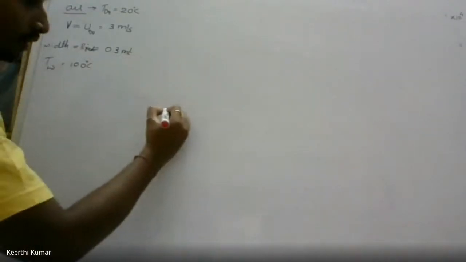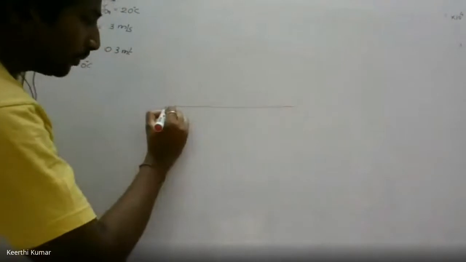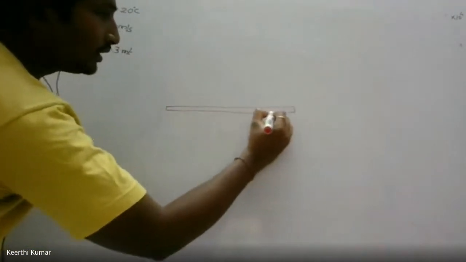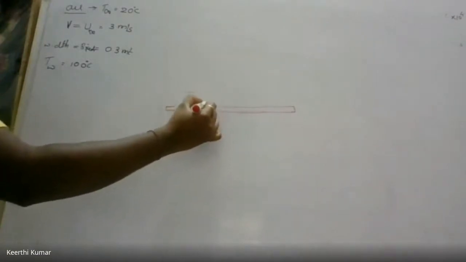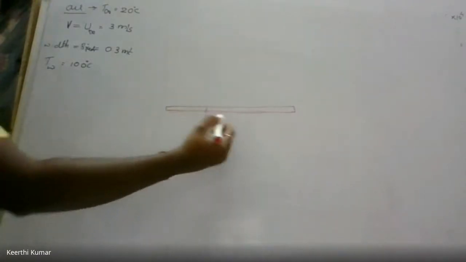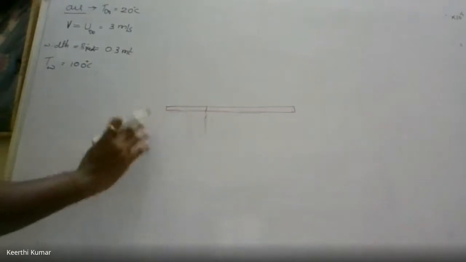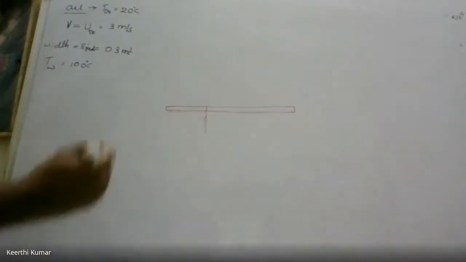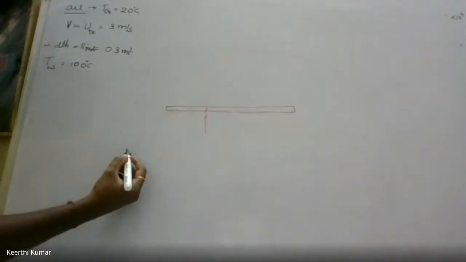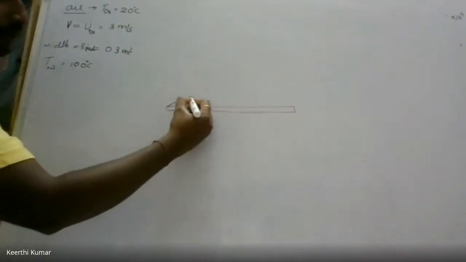Okay. In this problem, after this, there is something else. I'll draw the figure again to explain what he is asking in the next case. See, assume that this is the plate. I am drawing only the front view. What we did till now is we took the entire plate length as x is equal to 0.3, and we found all the values. Later on, what he is asking, let us draw the profile also. If I draw the profile, how will it look? The profile will be like this.